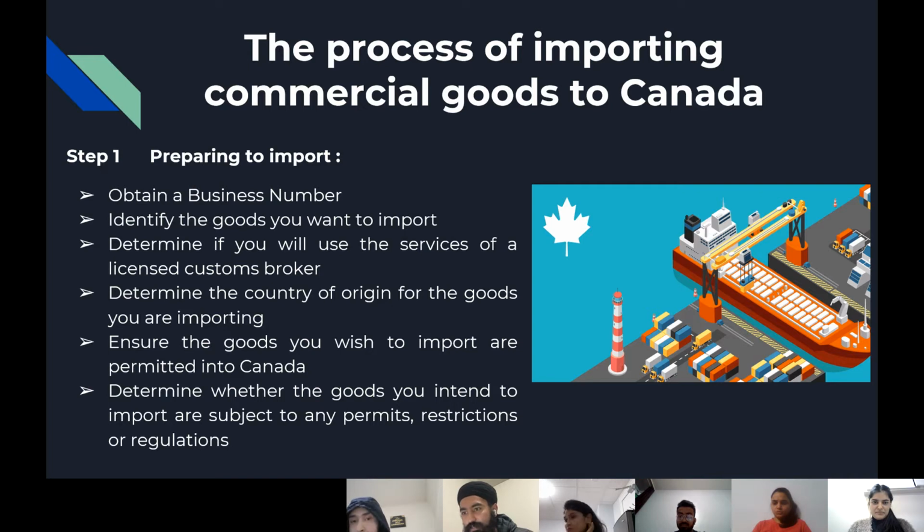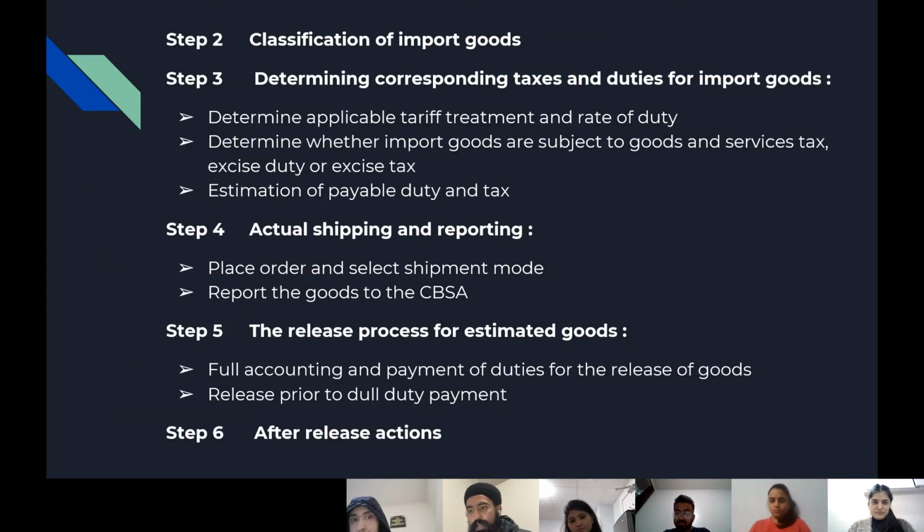Businesses or individuals who wish to import to Canada need to visit the Canada Revenue Agency to acquire a business number for an import or export account. The second one, identify the imported goods. Customers must collect detailed information concerning the goods they want to import, as it is useful in determining tariff information required for the goods and calculating the duties due, as per the tariff number assigned to the goods to be imported. Third, contact a customs broker.